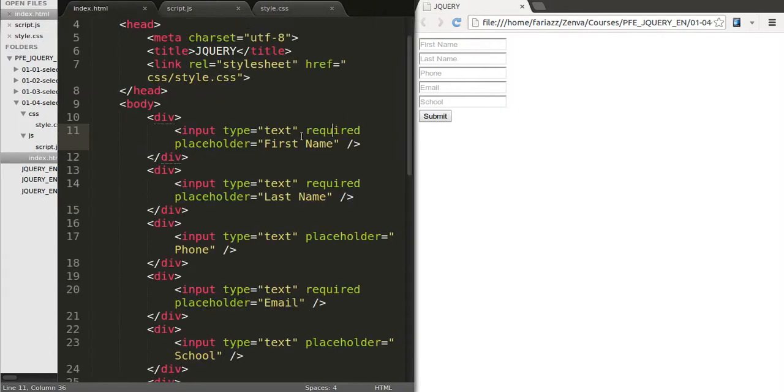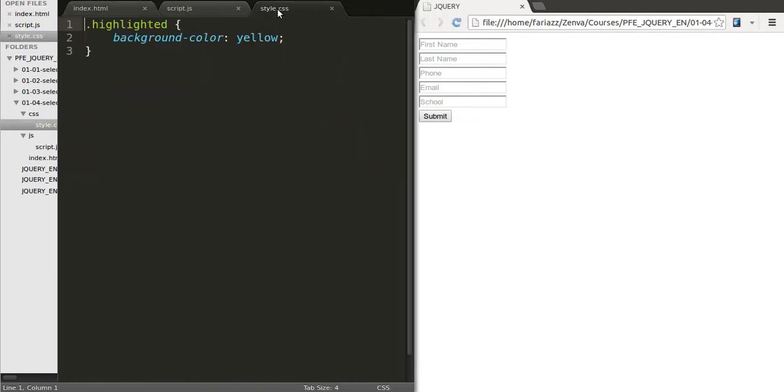So have in mind that this is a very general case that could be applied to anything. Actually, even classes and IDs are at the end of the day simply attributes. So you could also select by those properties using the techniques that we'll show in this lesson. Alright, so let's focus on selecting these ones, and what we'll do to them is add them the highlighted class,